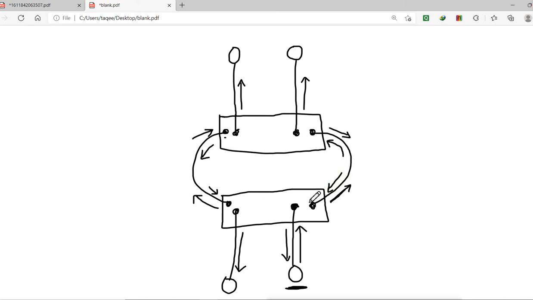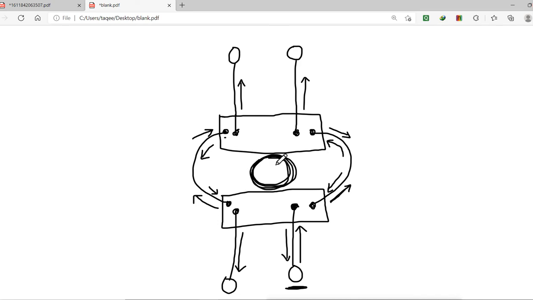Now this will do the broadcast again to this side, this port, and this port again. Now when it goes from this side to this switch, this switch will also do the broadcast again. Then from this side it will do the broadcast again, then it will go from this side to this switch. Then both the switches will do the broadcast, and this is what a layer 2 loop is.